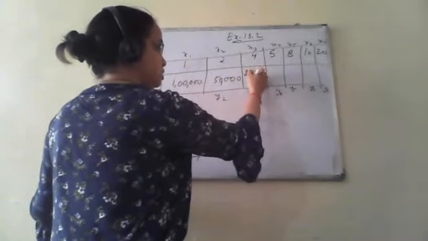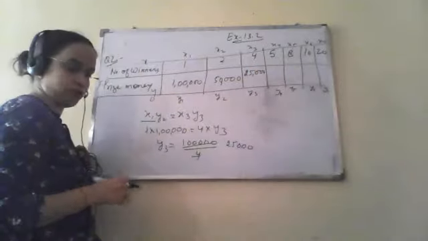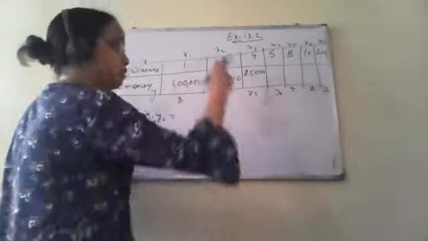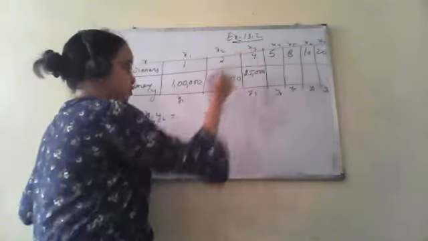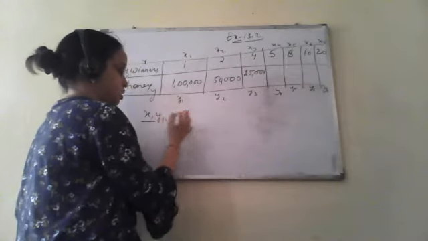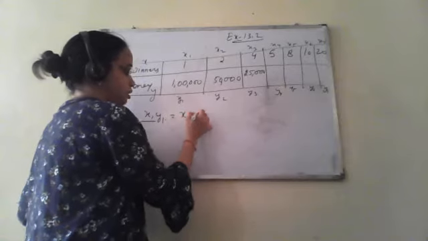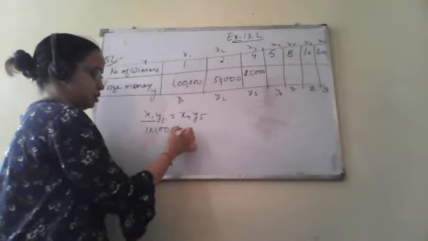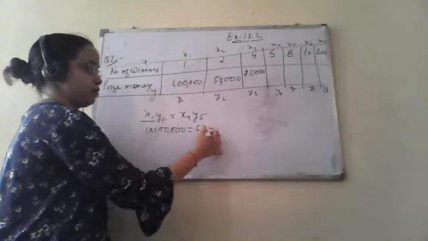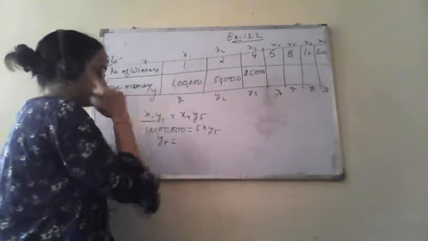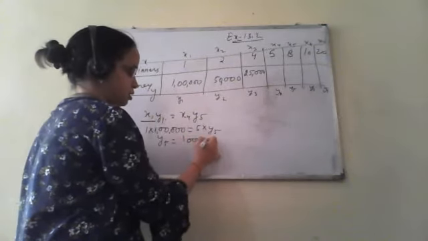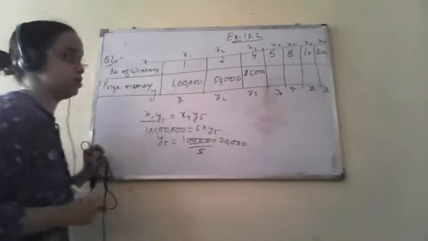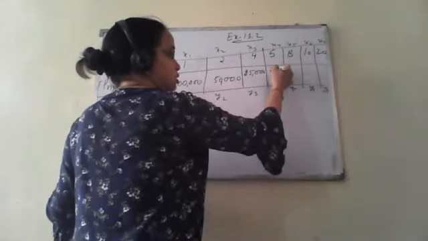So each winner will receive 25,000. Clear? Now next, we have to calculate when the number of winners will be 5. So x1 y1 equals x4 y4. So x1 is 1, this is 1 lakh again, and x4 is 5 into y4 we have to calculate. So y4 will become 1 lakh upon 5, that is 20,000. Each winner will receive 20,000